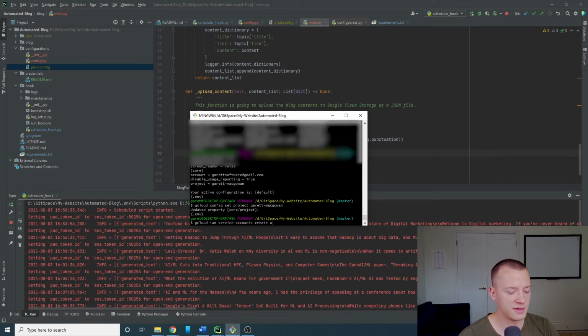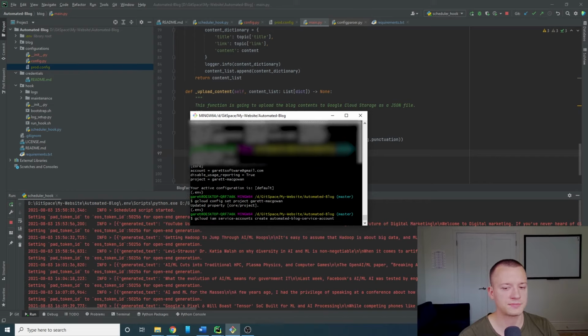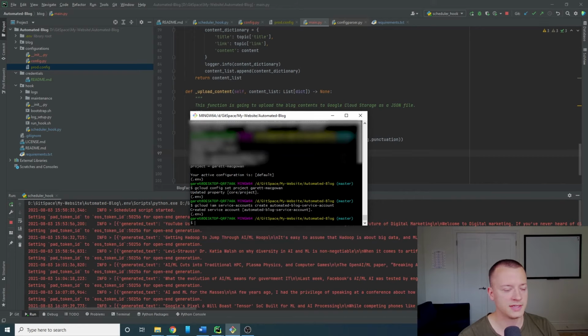It's going to be automated blog service account. And once that's done, okay, that's done. I can do gcloud projects add IAM policy binding,